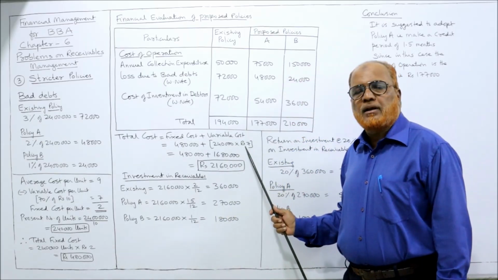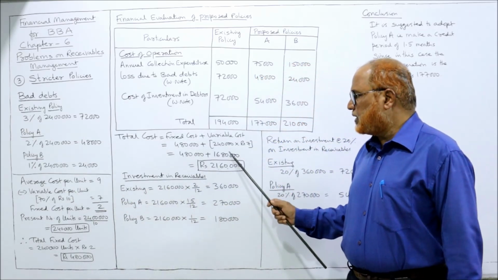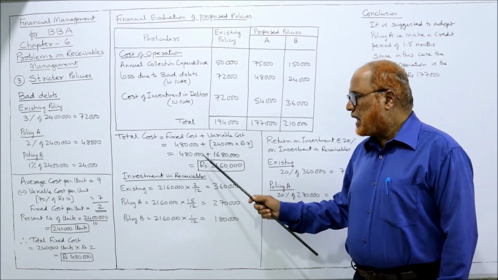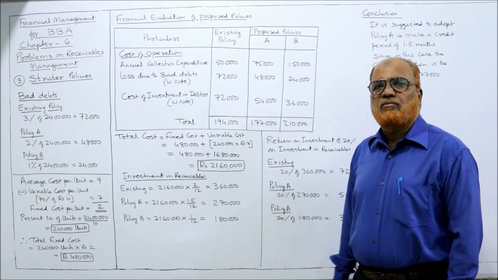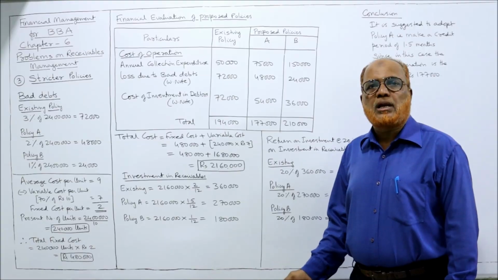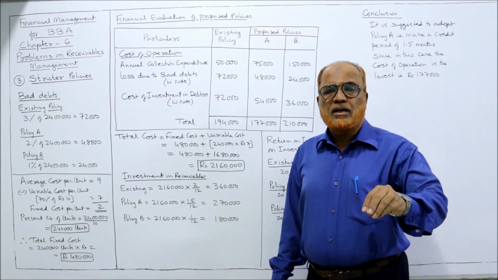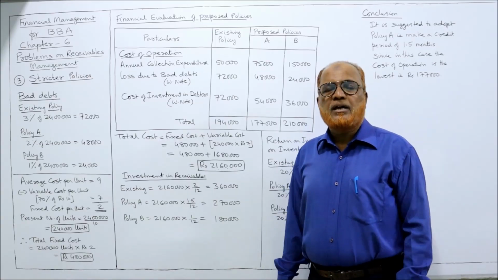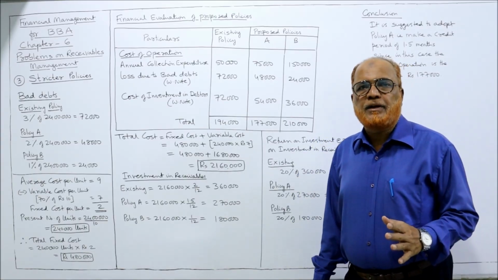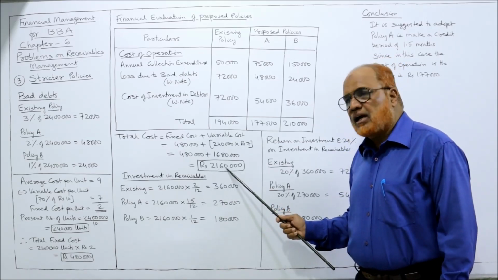Variable cost is 7 rupees per unit. Here it is, we have calculated. So multiply 2,40,000 into 7, 16,80,000. Now you add up both 4,80,000 plus 16,80,000, 21,60,000. 21,60,000 is the total cost for 1 year. But the business is not making the investment for 1 year. It is making only for the credit period. Presently, the credit period allowed is 2 months, right? So for 1 year, it is 21,60,000.